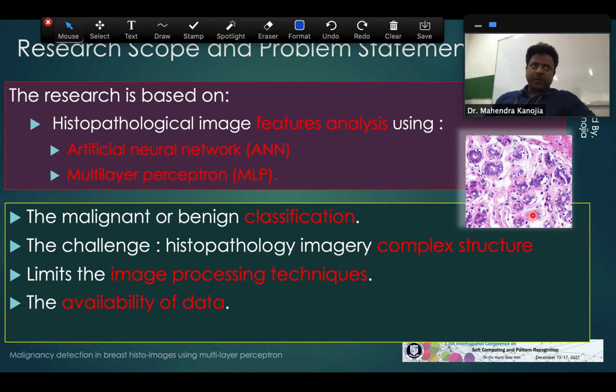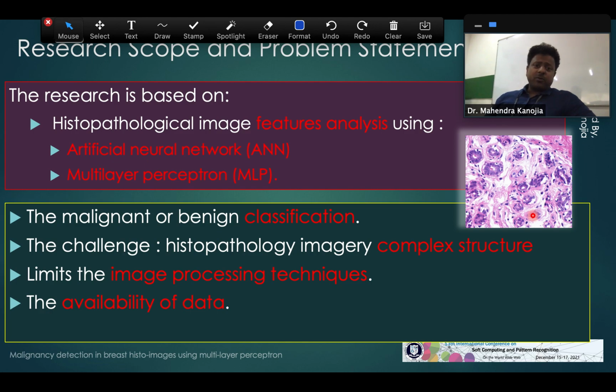Once the nucleus has been detected, the next job becomes to identify the features from the image, which is the second challenge: which features are more suitable to identify a benign or a malignant cell. The image processing techniques which are available are very limited to work with such kind of images.